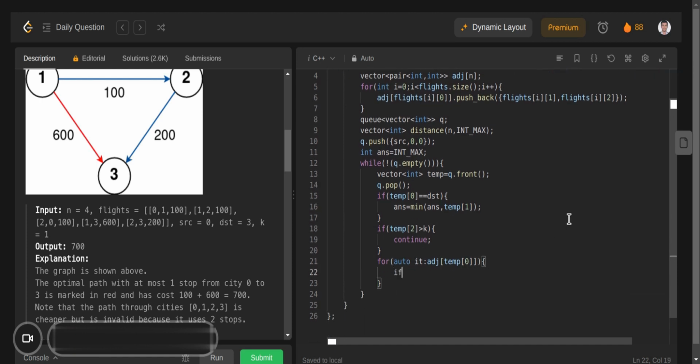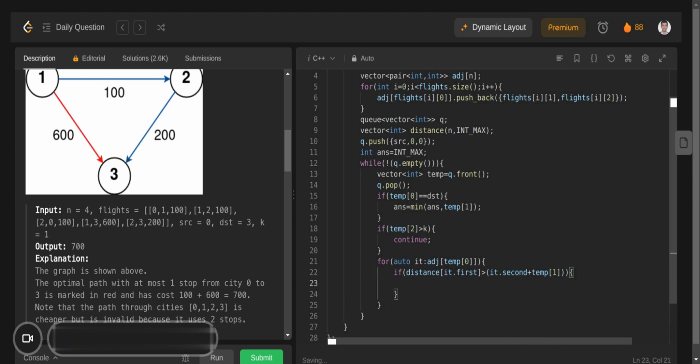First of all check the distance. If distance of it dot first is greater than the current cost, meaning it dot second plus temp 1,